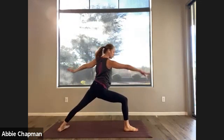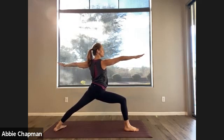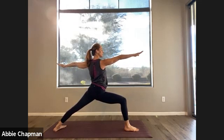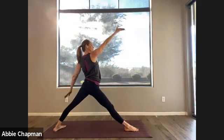Bend your knee, step back to warrior 2. And just hold here. Soften your shoulders, strengthen your arms. And now straighten your front leg. And we'll reverse triangle. Reach up,